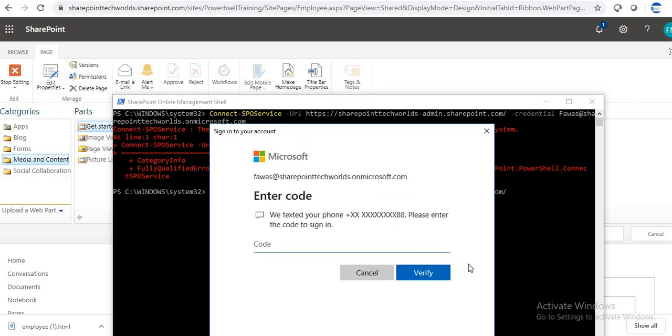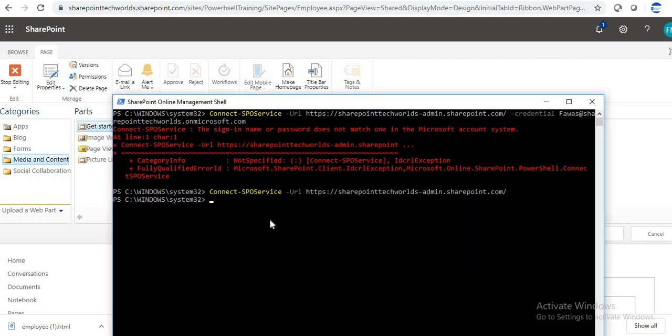Now it is loading. We get the authentication on mobile, so I type our phone-received authentication code and verify. Now we are successfully connected.